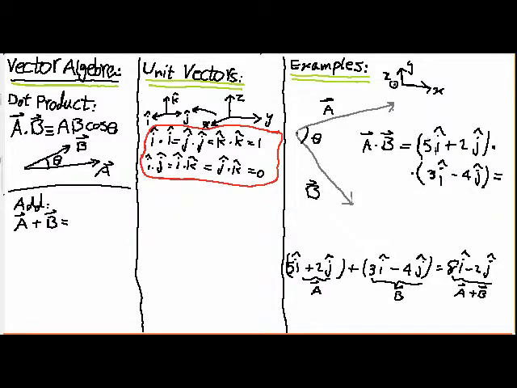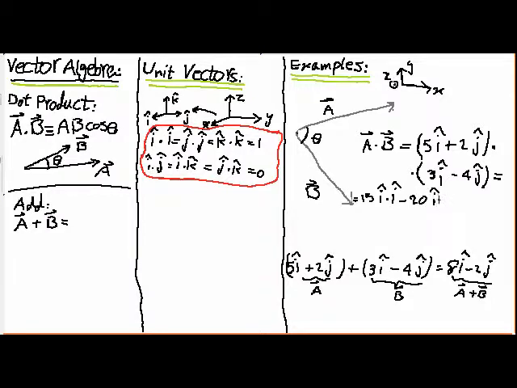So let's do it. 5 times 3 equals 15. So you always multiply the coefficients first, then dot product the vectors. So now this is 15 I hat dot I hat, and this guy times this equals minus 20 I hat dot j hat,